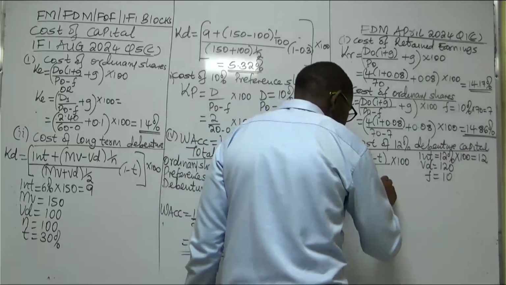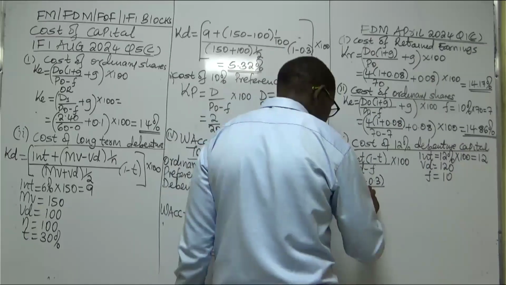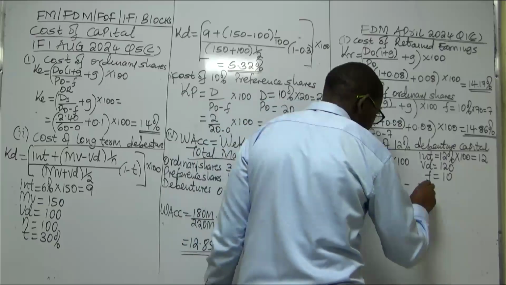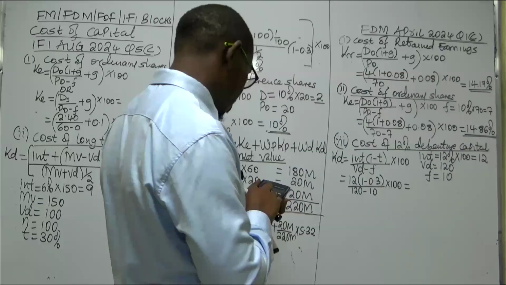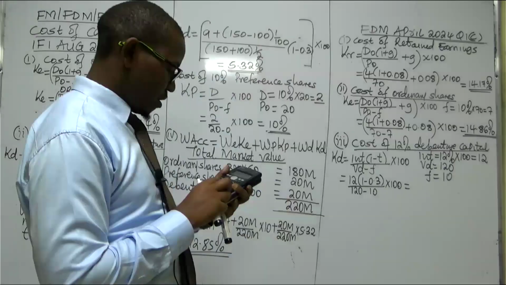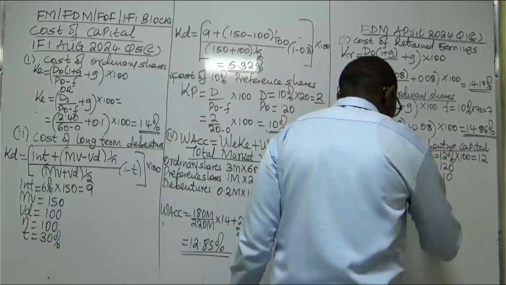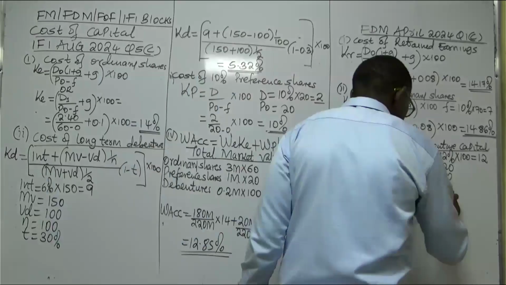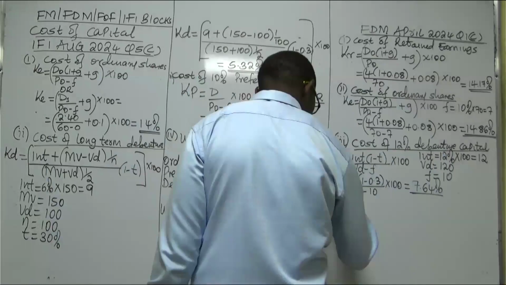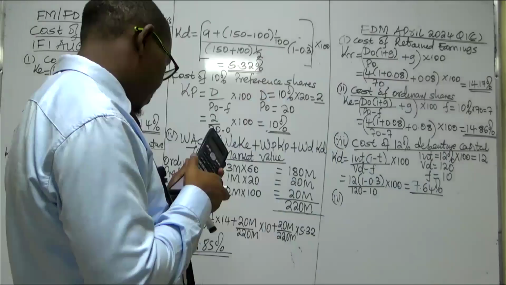1 minus the taxation. You divide by the value of debenture 120 minus 10, then you multiply by 100. So 12 you multiply by 0.7 divided by 110. Then you multiply by 100. 7.64%. Roman number 4, they want the cost of 14%